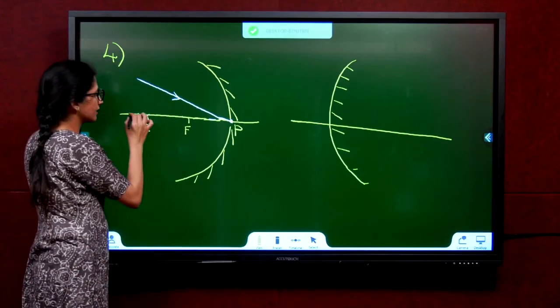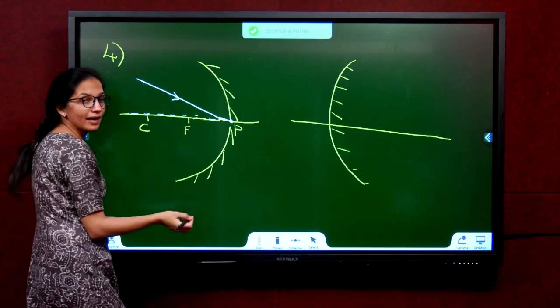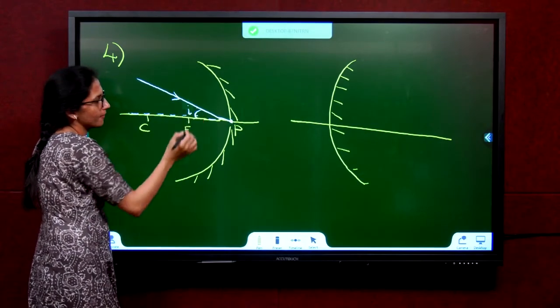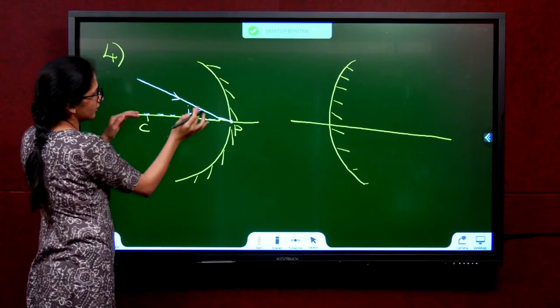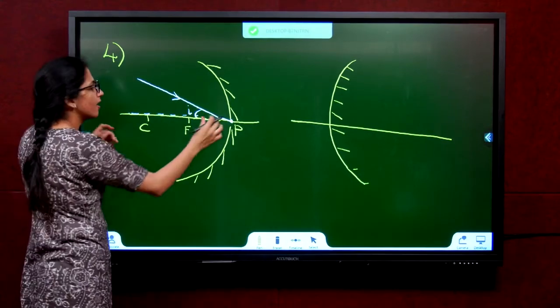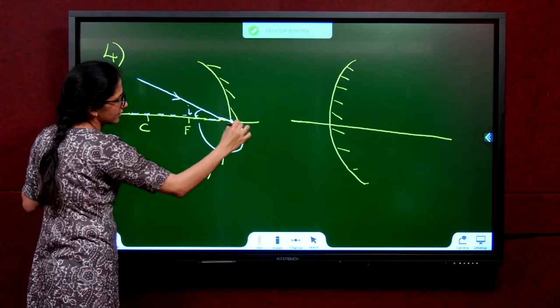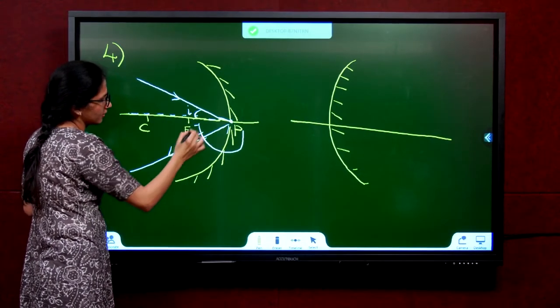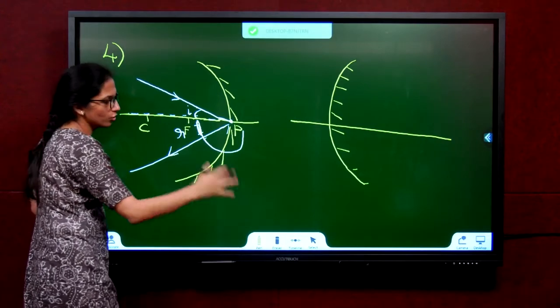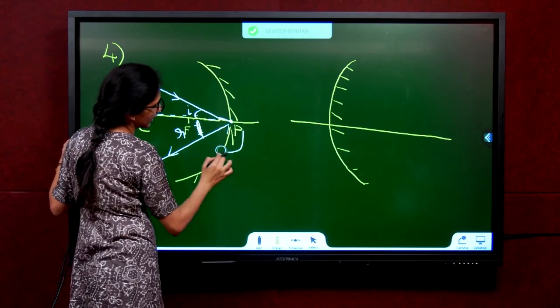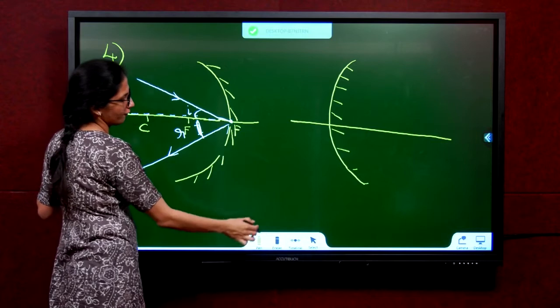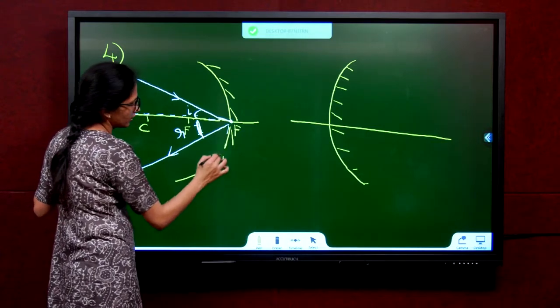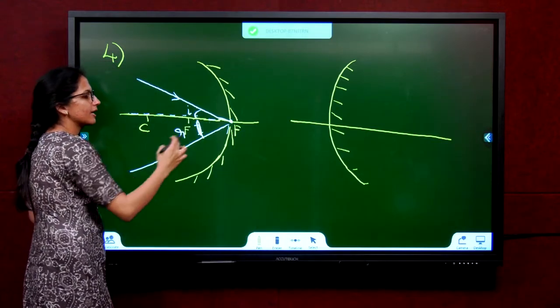Okay. So if this is my normal, what will be my angle of incidence? Can I say this is I? Yes. So now keep a protractor and measure this. It's 30 degrees, let us say. Now keep the protractor upside down like this. Measure 30 degrees, 10, 20, 30. Put the ray back. So this will become your angle R. We don't use this. This is just the fourth case we learn. Those three cases are enough for our ray diagrams. But you just need to know this case. So measure angle I, same angle R.